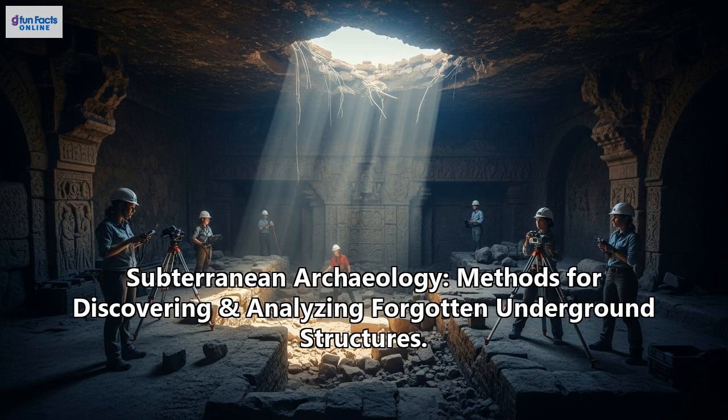But the discoveries? They are breathtaking. We mentioned Derinkuyu in Turkey. This massive, multi-level underground city could house up to 20,000 people. It was accidentally rediscovered in 1963, and its exploration is still blowing minds. The Roman catacombs. Geophysical surveys and 3D laser scanning have massively boosted our understanding of these vast burial networks without